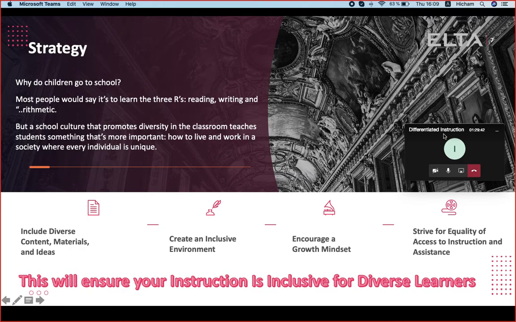Then the reading, then the writing, then the speaking, then the listening. It's how to live and to work in a society where every individual is unique. And this is the reason our classes are mixed. They are females and males, with different abilities and mixed